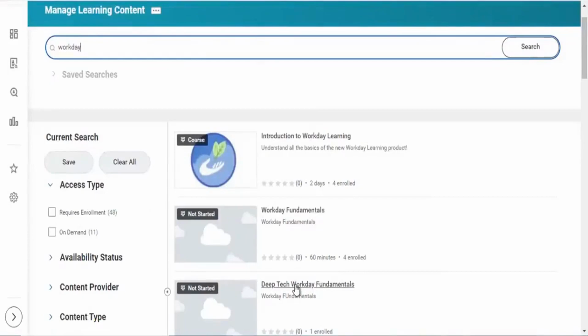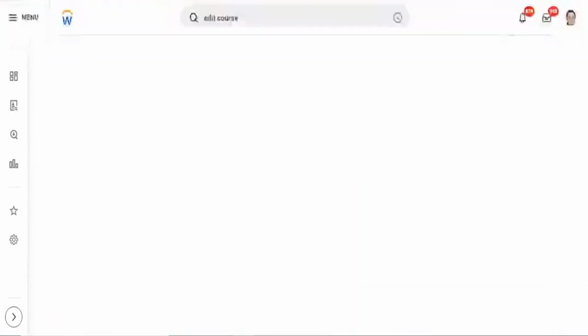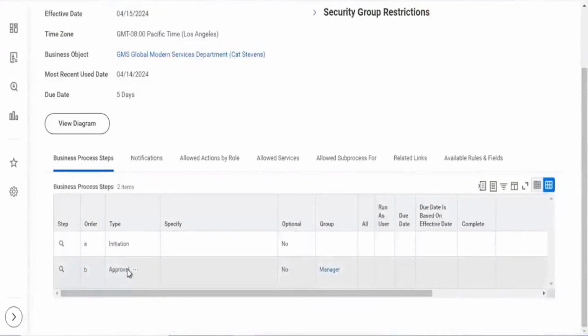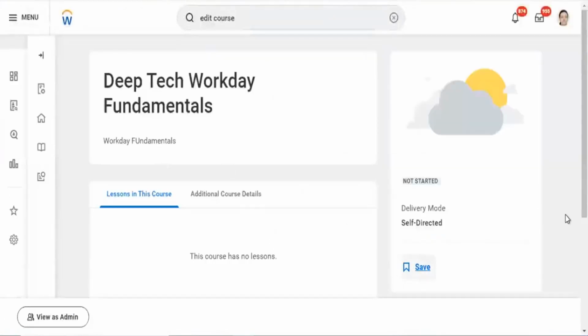Let's say I'm trying to enroll in this one. And here, since you see, the business process is configured for an approval step. Ideally, when I try to enroll in the course, it should go for an approval action. It should go for manager approval.